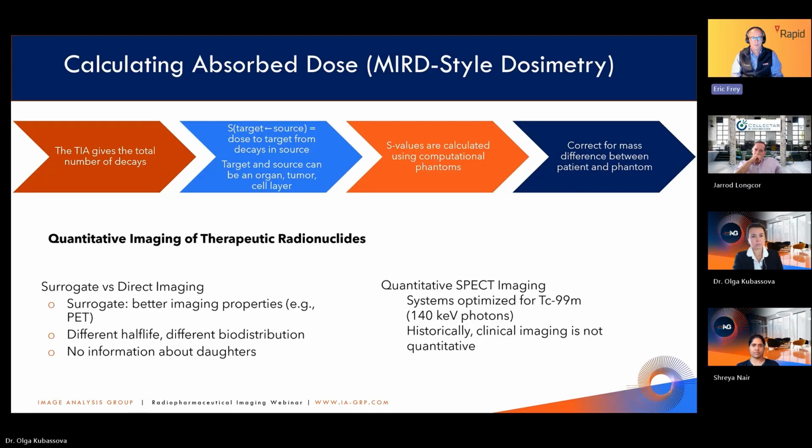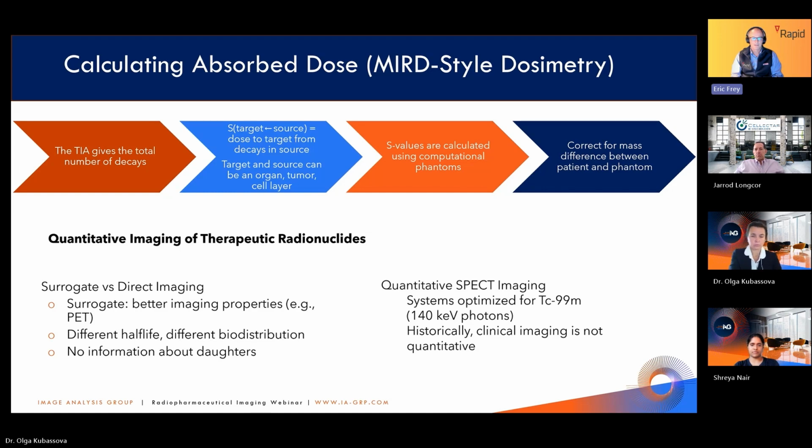So, for example, it could be imaged with PET, or it has properties that are more suitable for a gamma camera, and that typically allows images that have higher resolution, better quantitative properties, less noise, and so on like that. The downside of the surrogate approach is the practical problem that they then have to take the surrogate through the approval process before you can give it to patients, and perhaps even more important, the surrogates often have a different half-life, often a shorter half-life, and so if you're trying to do dosimetry for a longer half-life radionuclide, it's harder to get information about